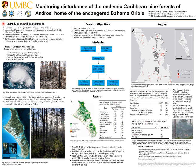To follow up that introduction with another introduction, forests in general provide critical habitat for countless species across the globe, and as such, forest loss is one of the greatest threats to global biodiversity. The pine forests on Andros, like I mentioned earlier, represent a unique subtype of open canopy forest with a coral rock substrate, and that's where it gets its name, the pine rockland habitat. This is a fire-adapted ecosystem, meaning it relies on fire to prevent understory broadleaf vegetation from outcompeting and taking over. And you can only find this type of pine forest in very small parts of southern Florida, Cuba,